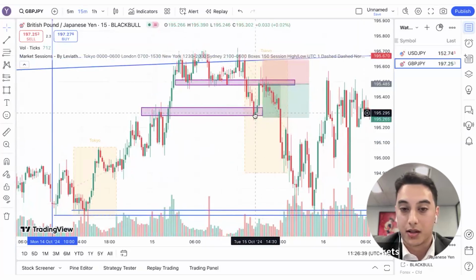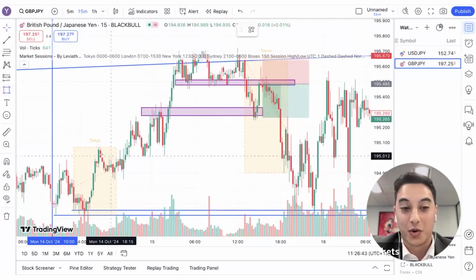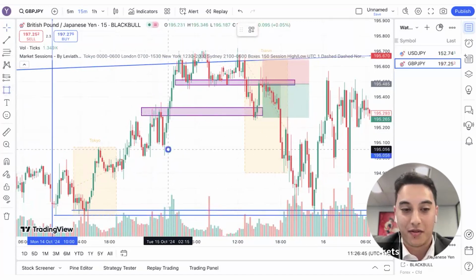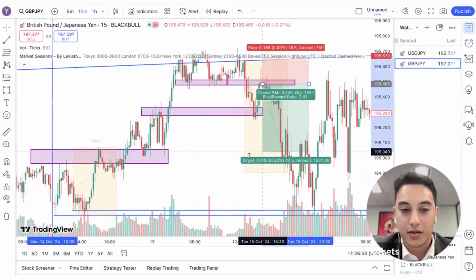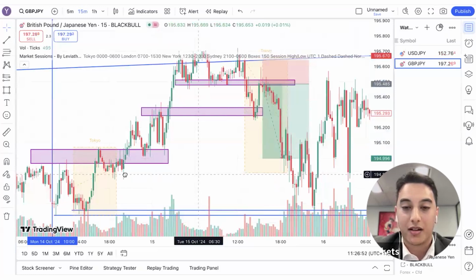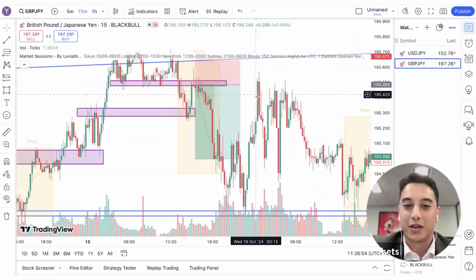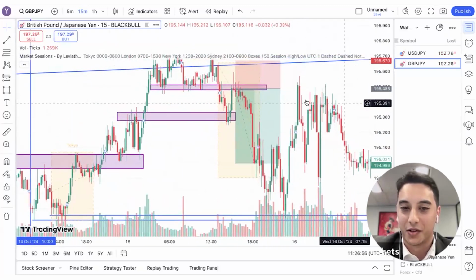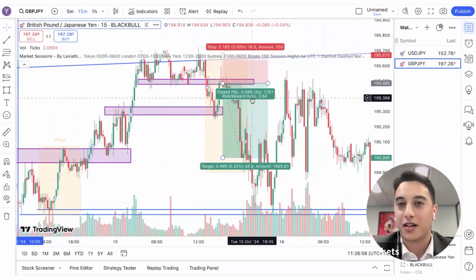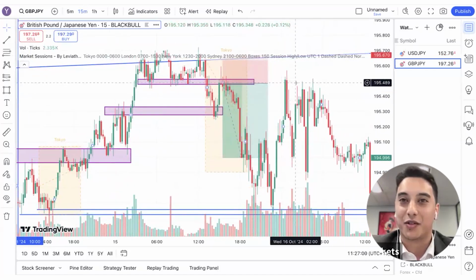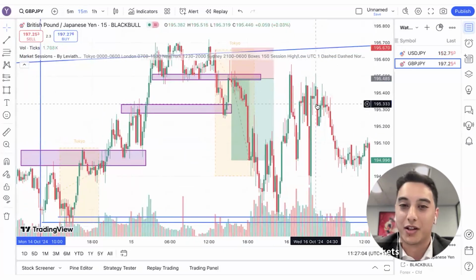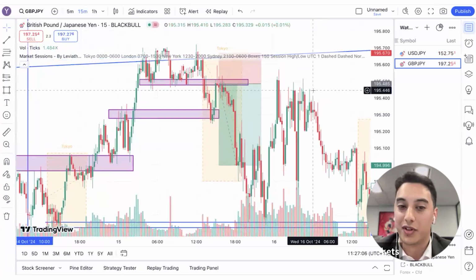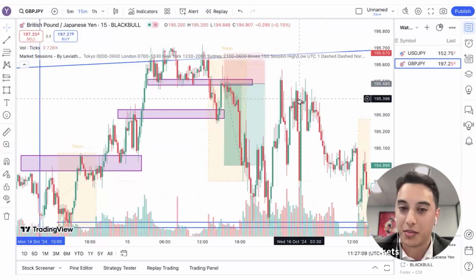This, of course, is not certain, but it's likely to get taken out. Your next zone is this area here. So you put your take profit here, right? You put your take profit, you forget about it, you come back maybe late in the night, you finish work, you open up your computer or your phone, and well done, you've booked a profit, or well done, you've booked a small loss and you've stuck to your trading plan.